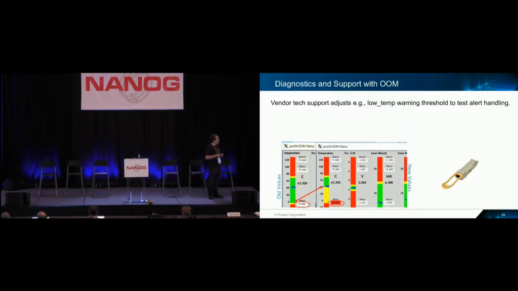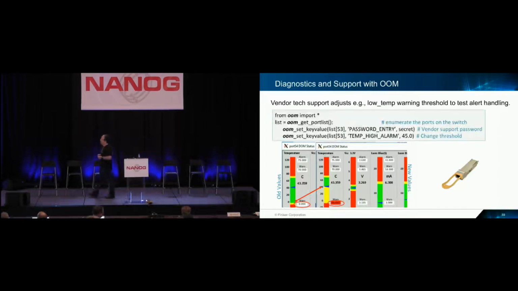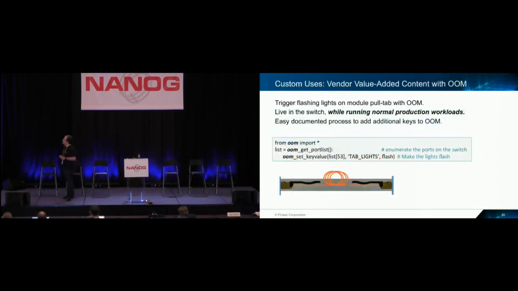Diagnostics, very similarly, I can talk in detail about some of this offline if you like, about some of the implementations some of our customers have done. In this case, you need vendor tech support, which means optical vendor tech support, to change things in the transceiver to allow this segmentation of performance and be able to diagnose network performance at the network level, not just at the transceiver level. And then, as I mentioned, the custom use is an example where, for example,